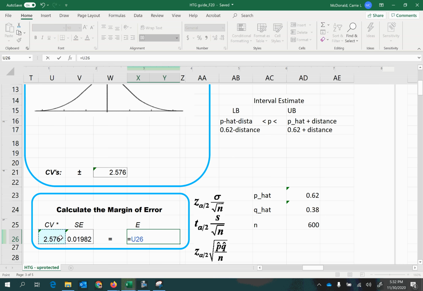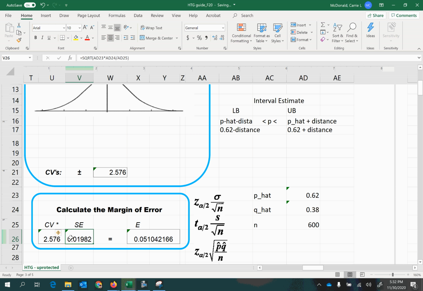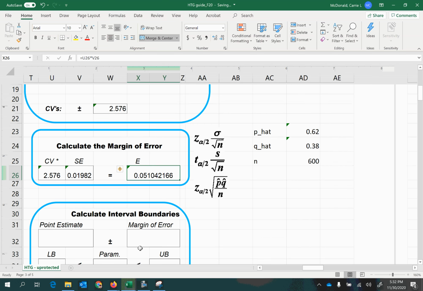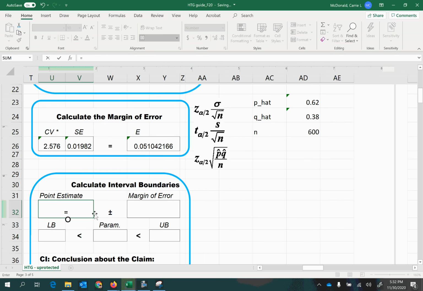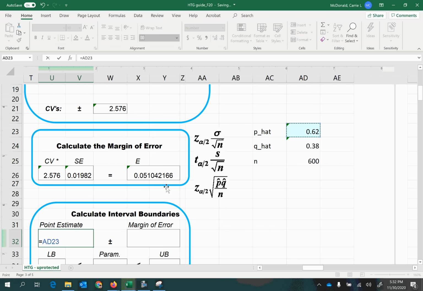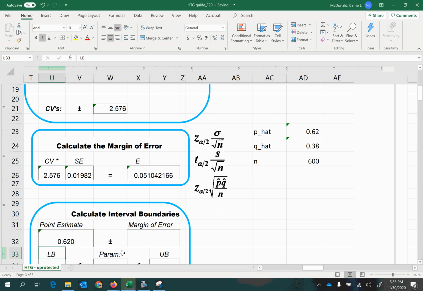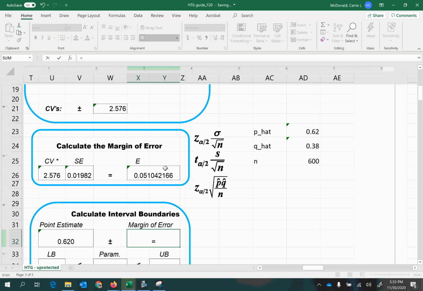So what do we do? We multiply them. That's literally what we mean: this number, this many times. Multiply them together. There is your margin of error. Your margin of error is going to be added onto your point estimate. What was the point estimate again? Oh yeah, it was the 0.62 that came from dividing the number of successes, which we commonly think of as x, divided by n, the sample size. So 0.62, add and subtract that margin of error.